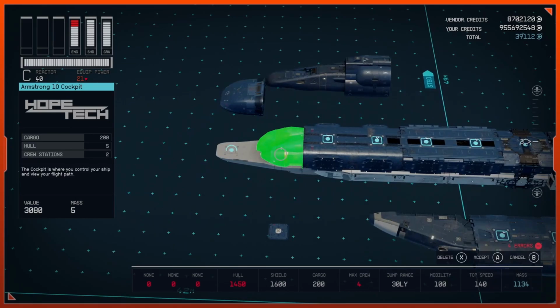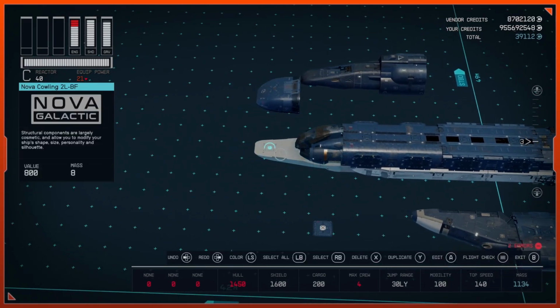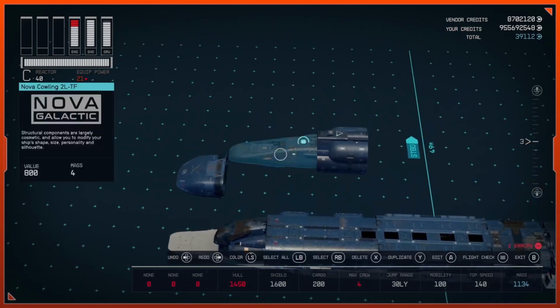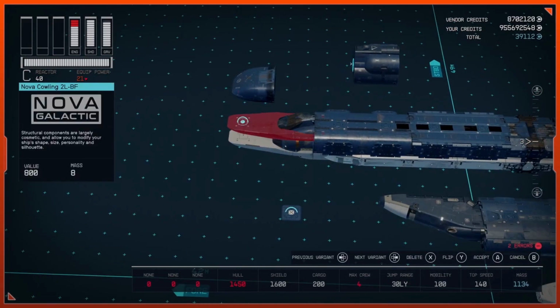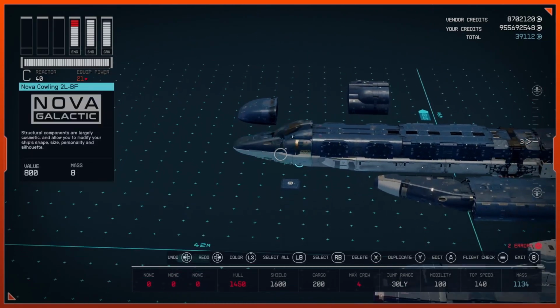Go ahead and bring in a Magellan cockpit and snap that in right here. And then you can duplicate and flip your Nova cowling, and that will get you one on top. For me, I'm just going to bring in my painted one, snap it, flip it twice, cancel. And now what you're going to do